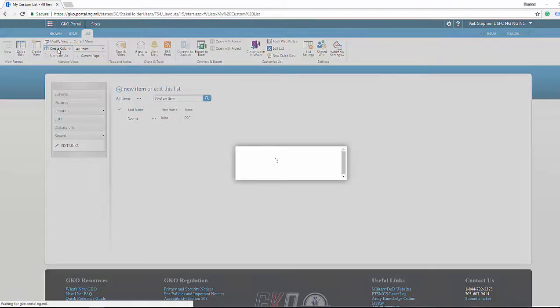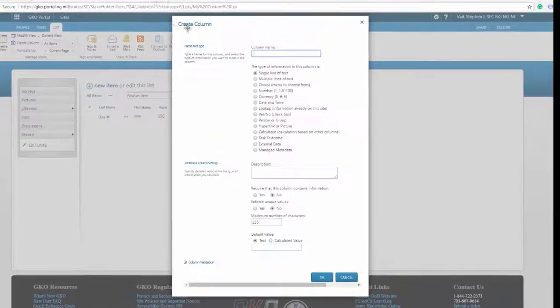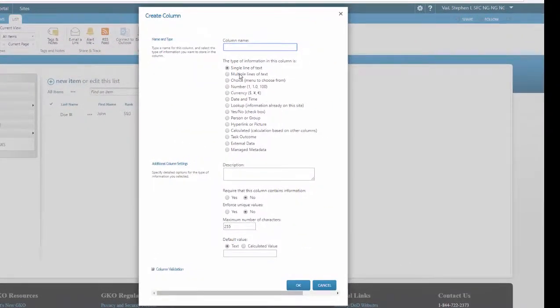We can go to Create a Column. And you have a lot of things available here. So if you wanted to make a notes thing, for instance, if you made this list for people to come and say what they did with a particular task, and you want to add notes, this is a great place to do that. You can call it task notes,